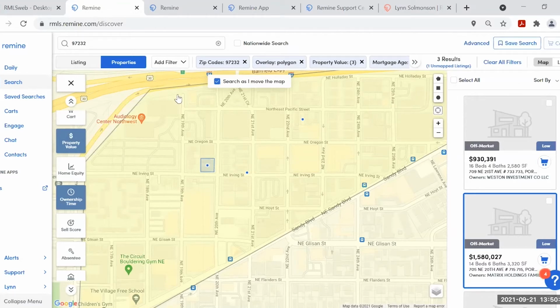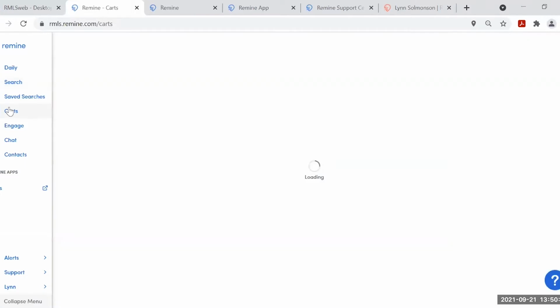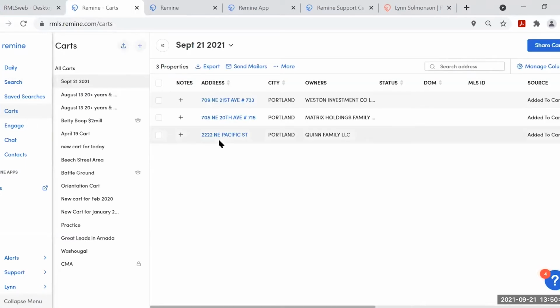Okay, so now I'm going to go visit my little tab that says carts. And in carts, in Remine, you can have up to 10,000 properties in your carts. You can have as many carts as you need, but it'll max out at 10,000 properties in your carts.